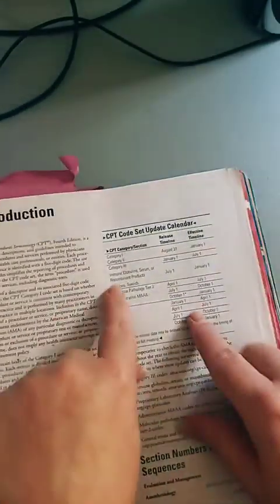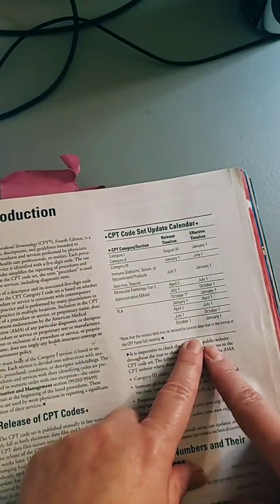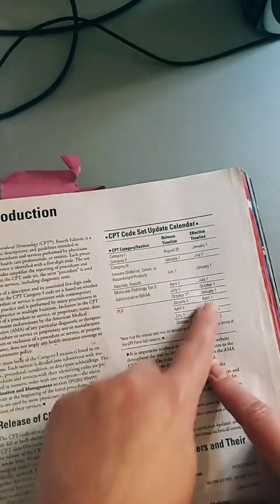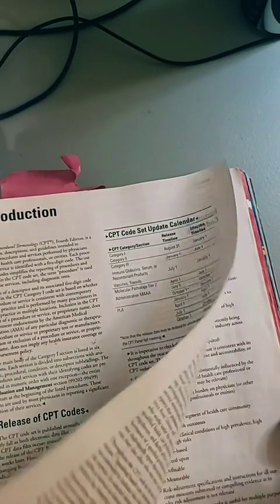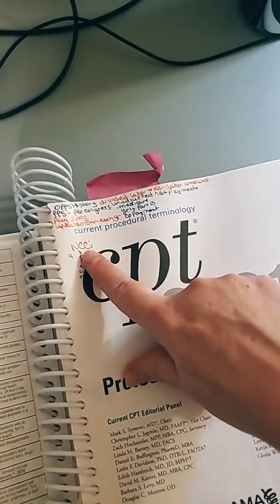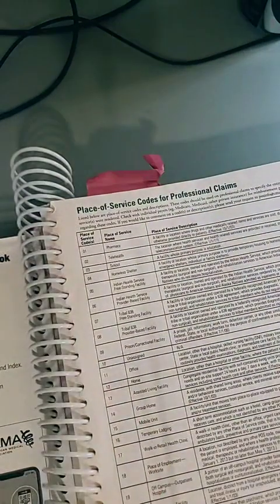Any guide information as far as when the CPT codes are updated, and then when they're published, is already up here too. This is part of the information that you may need for your exam too. I've seen that question multiple times. So keeping all that up here in the front and writing a whole lot more than what I've written would be very beneficial. I did that in my older books too,